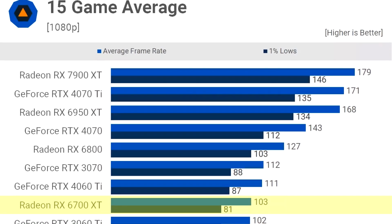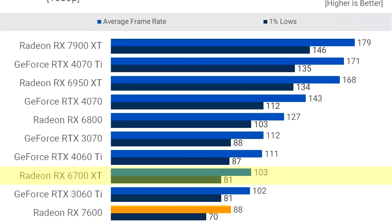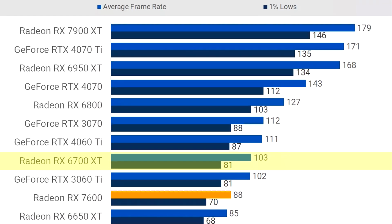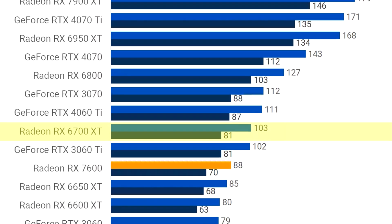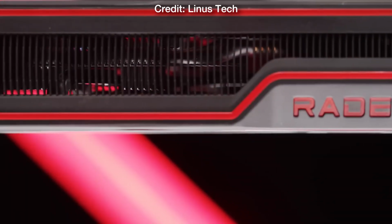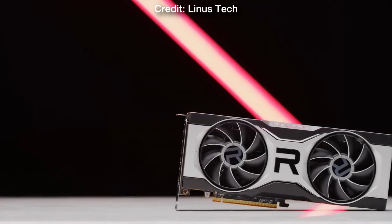In terms of performance, on a 15 game average from TechSpot, at 1080p, the RX 6700 XT was able to average over 100 FPS, so you can achieve over 100 FPS on high to ultra settings on high demanding titles. On this test, really high demanding games were being tested, such as The Last of Us Part 1, Cyberpunk 2077